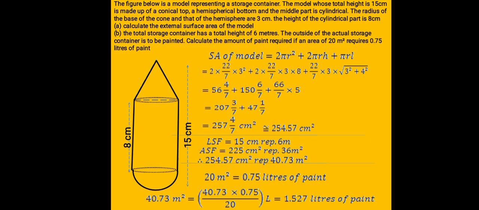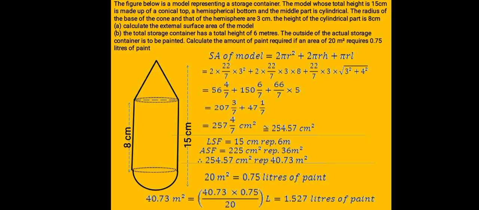B, the actual storage container has a total height of 6 meters. The outside of the actual storage container is to be painted. Calculate the amount of paint required if the area of 2 meters square requires 0.75 liters of paint. Now the surface area of the model, we shall take